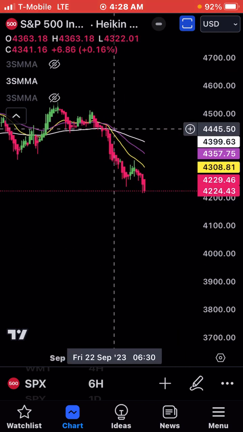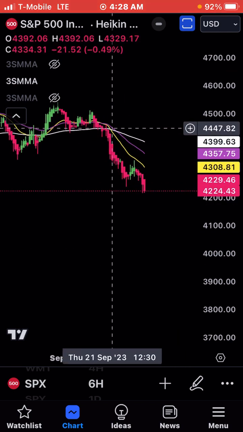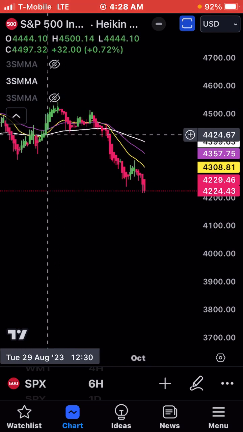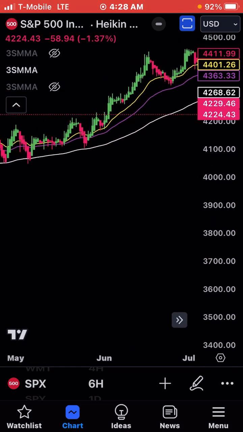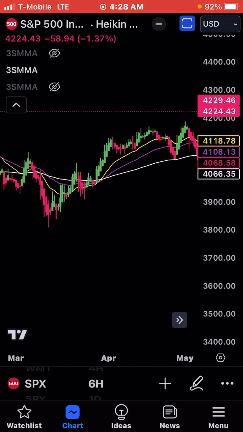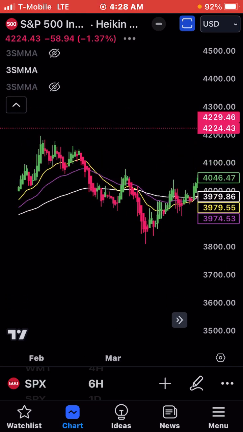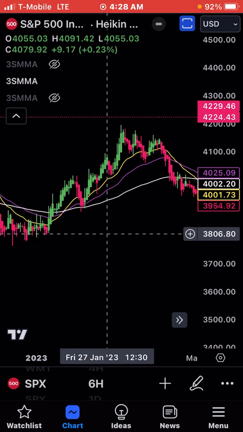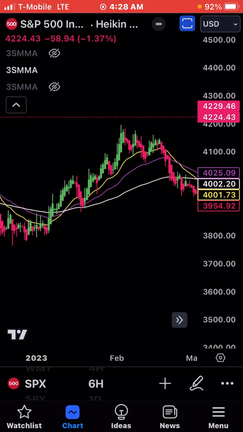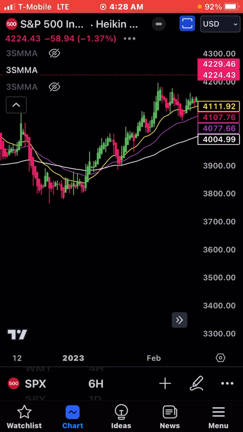I'd ride it from here, all the intersection points, like right here, here, and here. Basically when it crosses, that's when I would enter my trades on MetaTrader for the SPX,